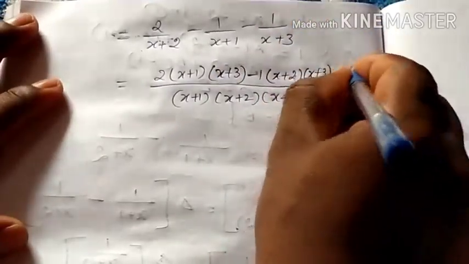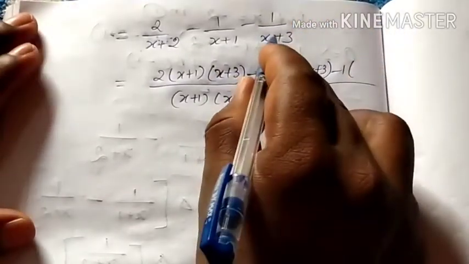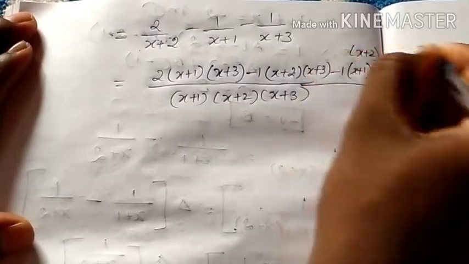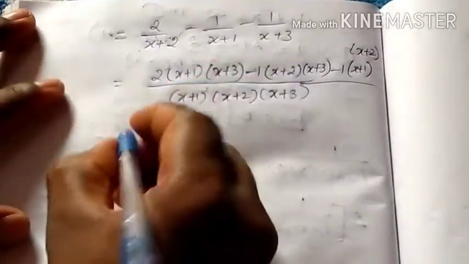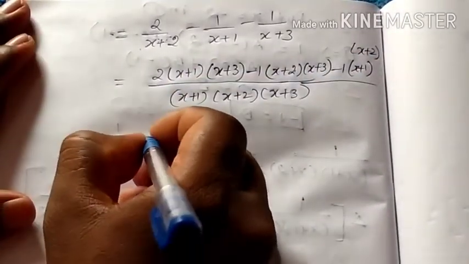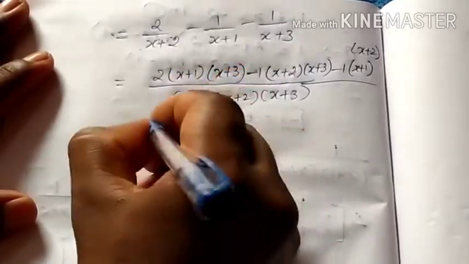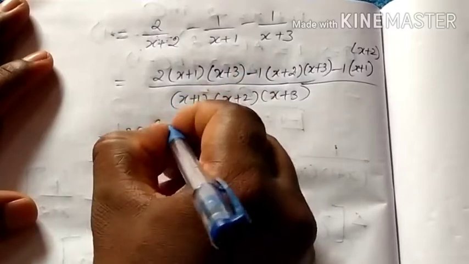Then minus 1 into, in the same manner, x plus 3 appears, so remaining 2 terms, x plus 1 into x plus 2, which is equal to, okay, 2 into, multiply inside, x into x, x square, x into 3,